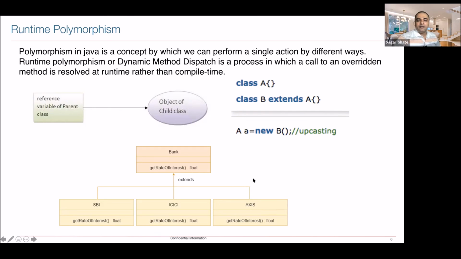When I do get rate of interest, it depends on which specific object we are creating. On the basis of that, at the runtime it is going to decide which specific method is going to be overridden.